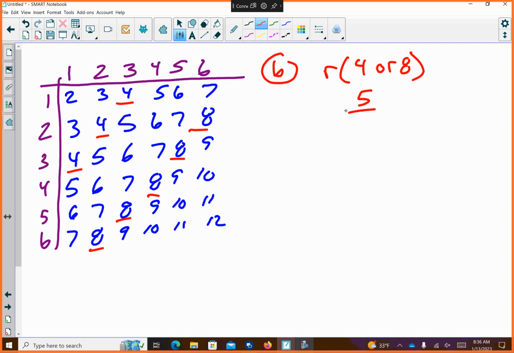Or wait. I just goofed up. I'm so sorry. I have 8 total outcomes. I have 3 4s and I have 5 8s. I have 8 out of 36. Okay, if you wanted to, you could reduce this to 2 9ths. You don't have to. When you do letter C,